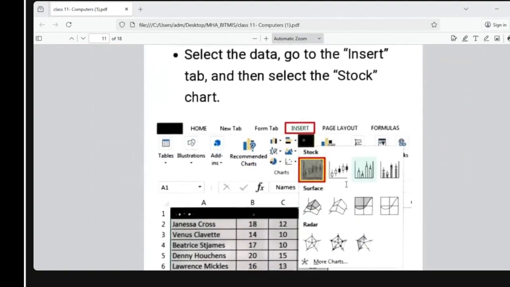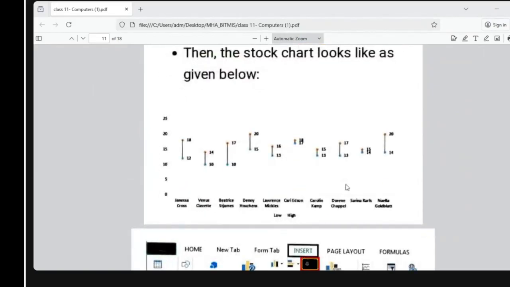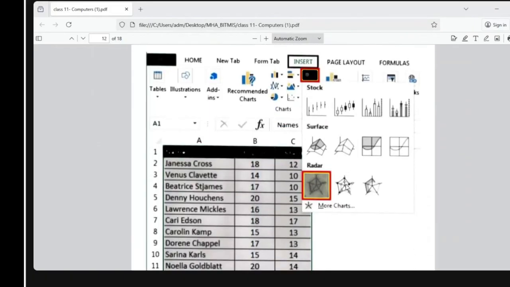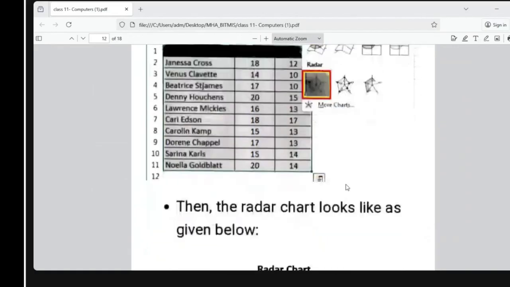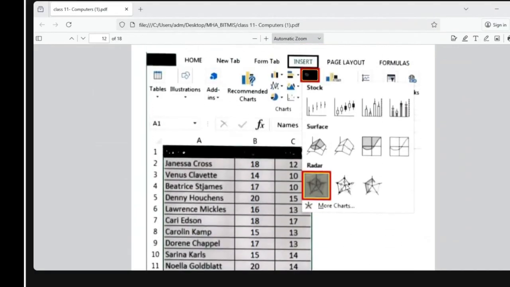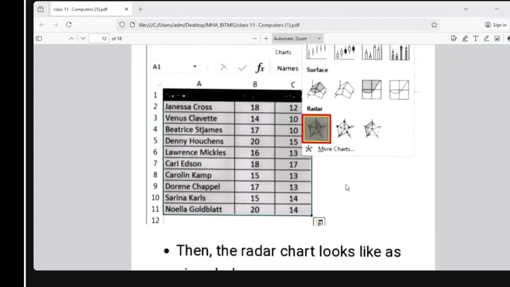Same way the stock charts. Animation: during the slideshow, the slides appear on the screen one after the other. In case one wants to add some animations to the way in which a slide presents itself, they can refer to the animation category. In the form of radar, right? Animation means in what way you want the slides to appear. It is showing in the form of radar. You are adding some animations. Okay, then you can go to the radar animation point.